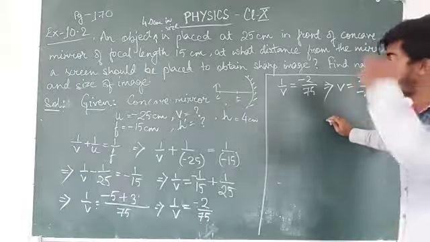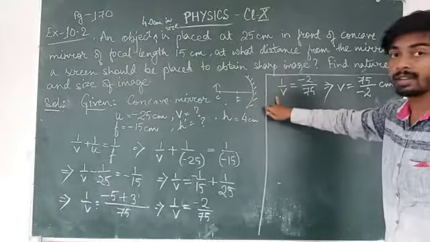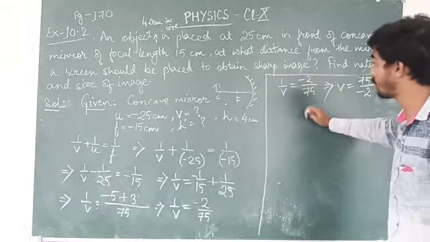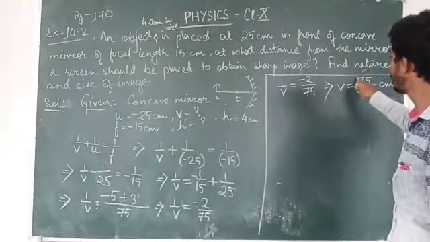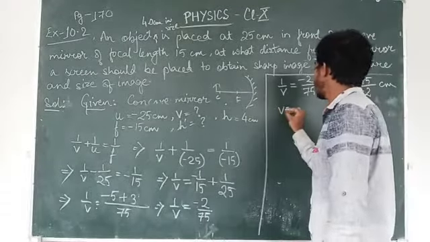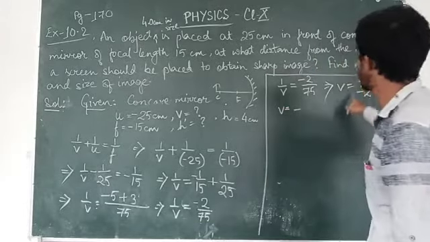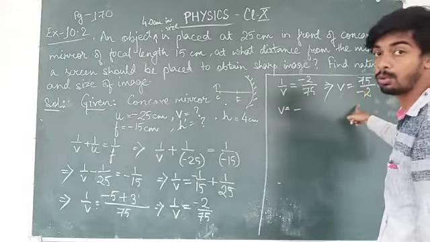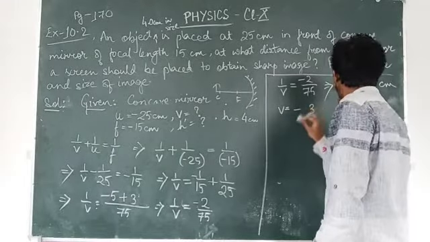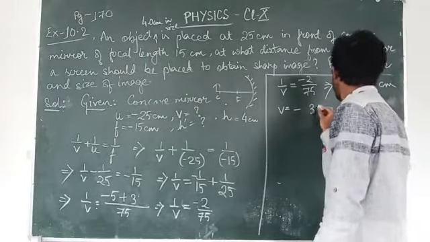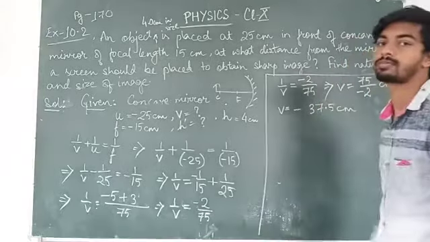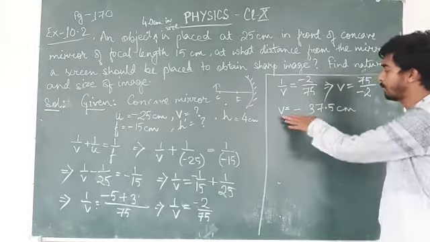We are reciprocating this side to the left side, so the right hand side will also become reciprocal. It will also turn upside down. So V equal to 75 by minus 2. So finally we have to divide 75 by 2. We will divide this one, so finally it will become 2 3s are 6, 15, 2 7s are 14.5 centimeter. We got V equal to minus